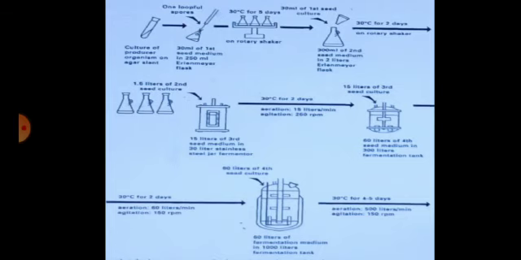You can observe that in the top left hand corner we have a slant. This agar slant contains the organism, the industrial strain. From there we take a loop full of spores. So fungal spores are collected from the slant and inoculated into 30 ml of first seed medium. We call it first seed medium.